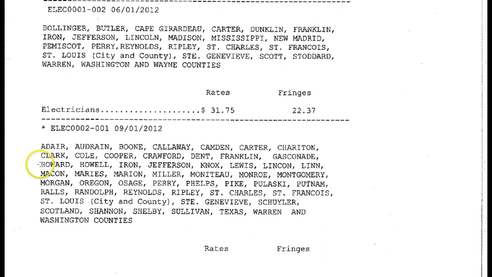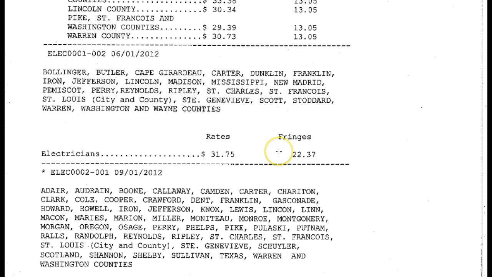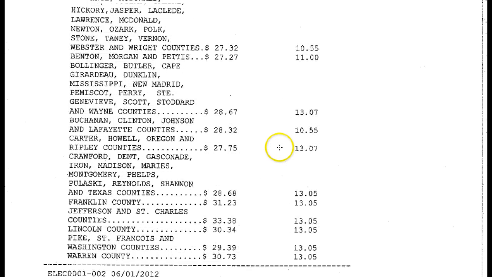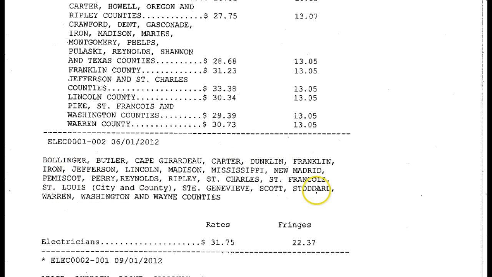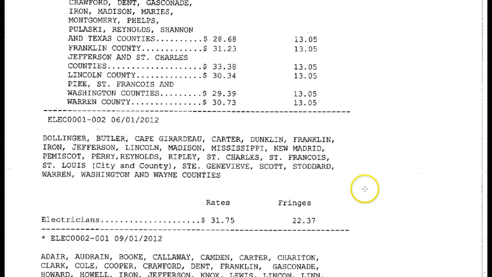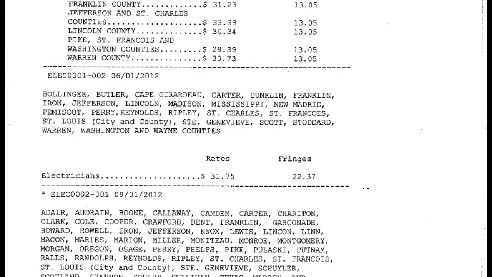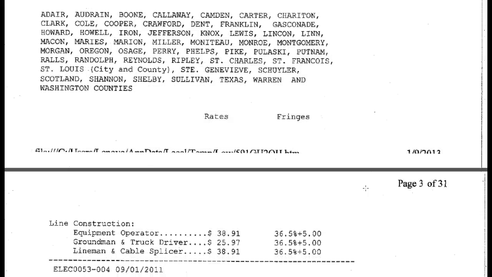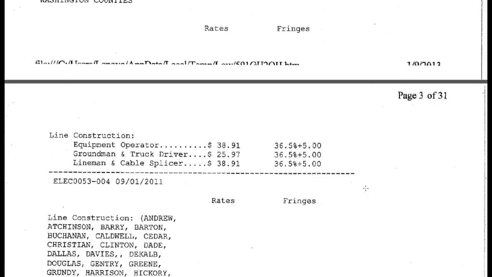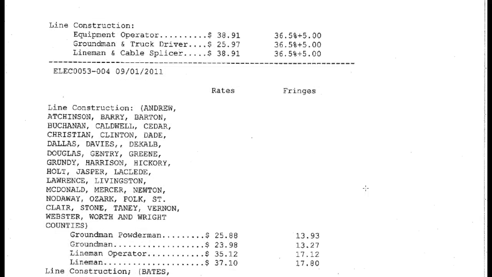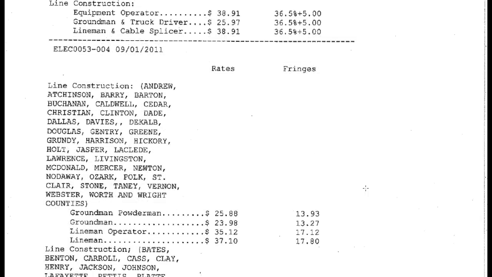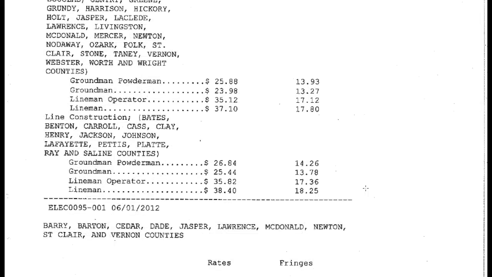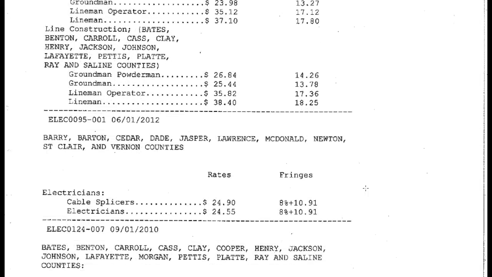So here, electricians, and you'll see they start back up a bit for electricians, and right in here, and you'll start seeing the wage rates for electricians. And what you're going to do is go down through this electrical section. We have electricians on our job, and you're going to be looking for the costs and the wage rates that you're going to pay for folks in Jackson County, and that will cover you for our projects.